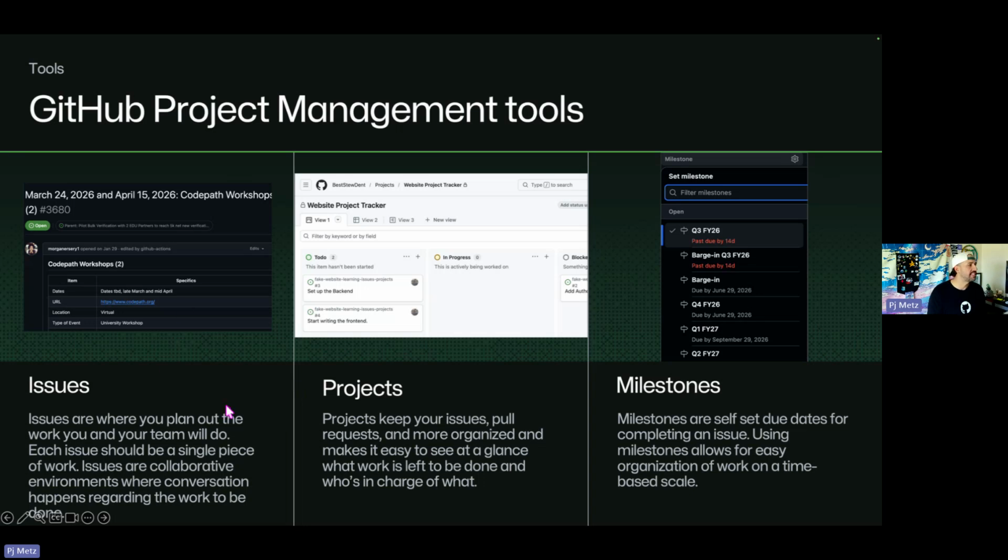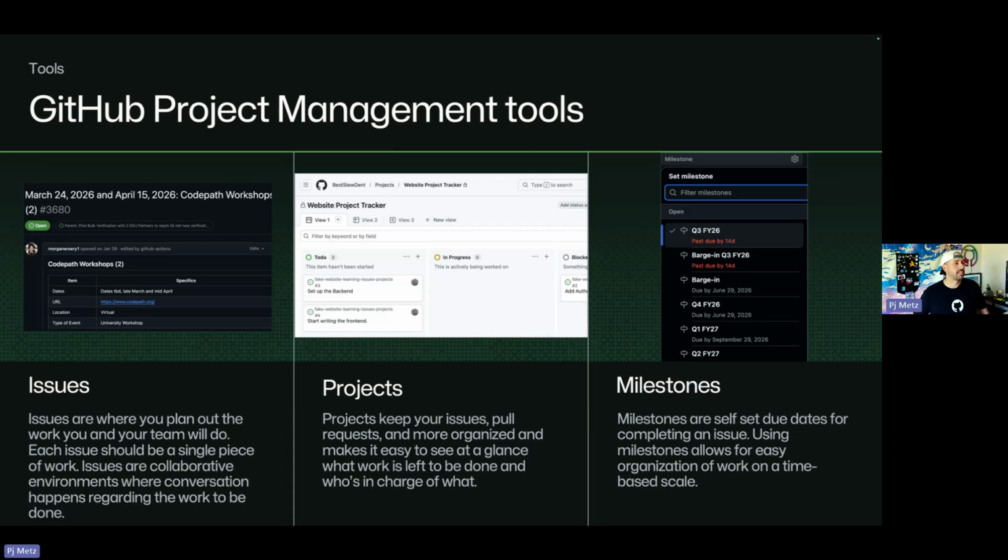And inside of issues, like I said, you can assign it to people, you can have labels. We're going to go over all of that. And one of the great things about issues is it can be organized into what are called projects. Now in GitHub, a GitHub project is a specific tool. Sometimes people will say, oh, this is my project, and they'll show you a repository. Some people use those interchangeably, but capital P Projects, that is a GitHub tool on the platform that is there to help you keep your issues and pull requests organized.